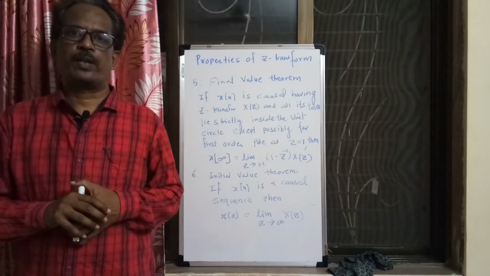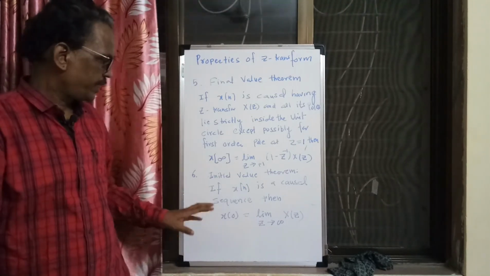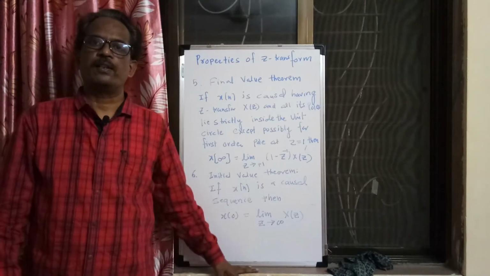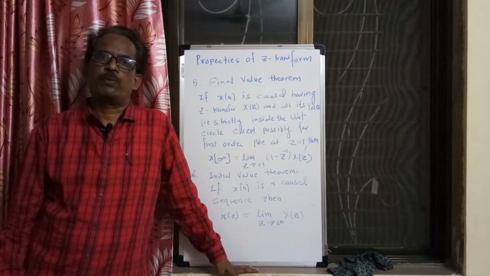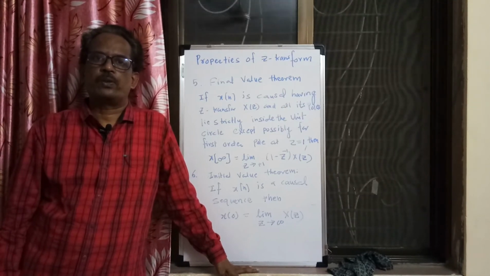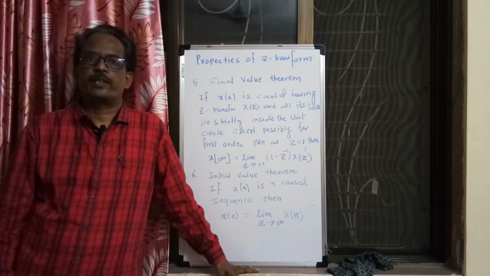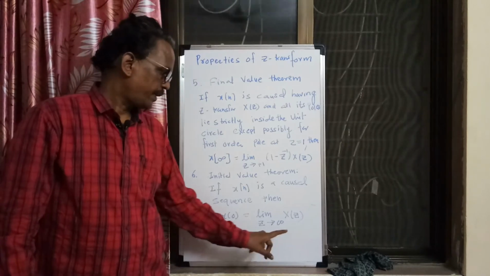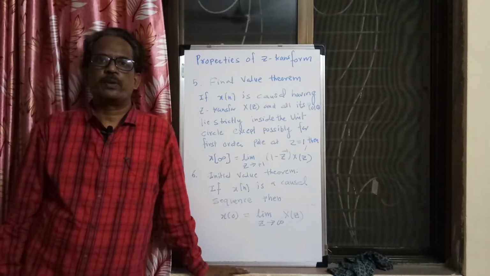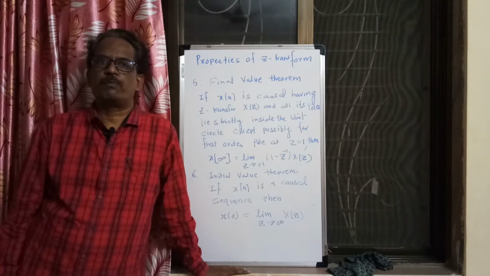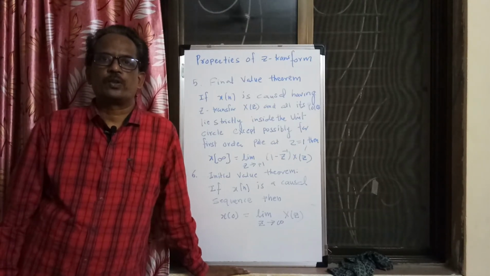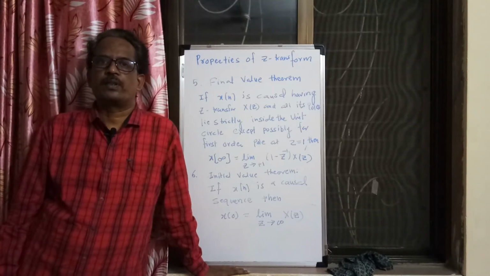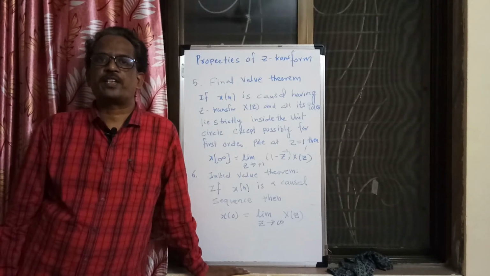So I am taking the initial value theorem property at the beginning because it is very simple. Initial value theorem: if x of n is a causal sequence, we know that the signal is causal if it is 0 before 0, that is x of n equal to 0 for n negative. So it is a causal signal, and in case of a causal signal, if its Z transform is X of z, so if you expand this Z transform, you have the sum from n equal to 0 to infinity. So the first term is x0, then the second one will be x1 z inverse, x2 z raised to minus 2, x3 z raised to minus 3.